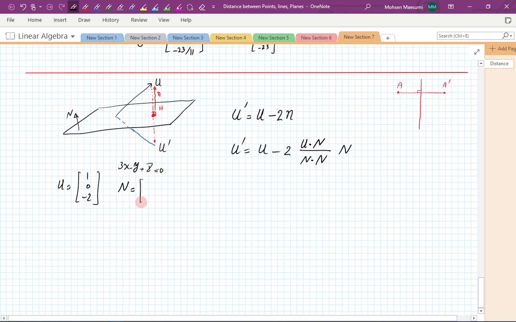And so n from there was (3, -1, 1). You go ahead and calculate u prime here, just like what we did last time, except that you have a factor of 2 in this case. So you're going to have (1, 0, -2) minus twice